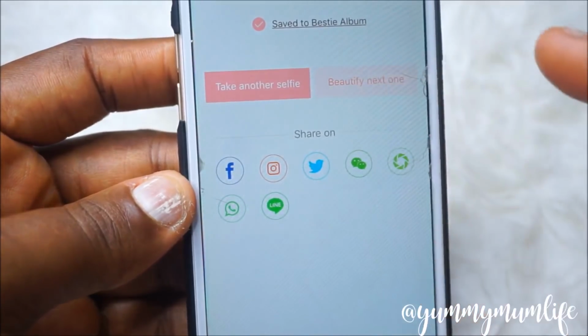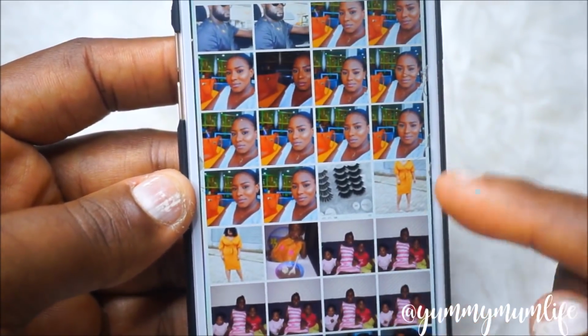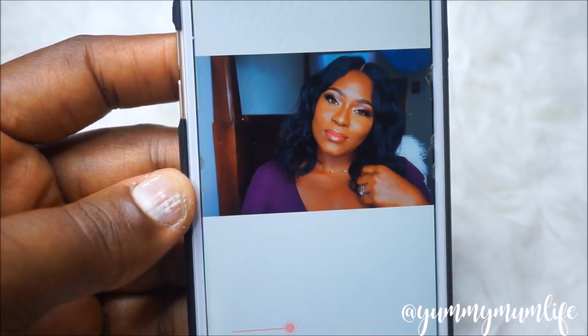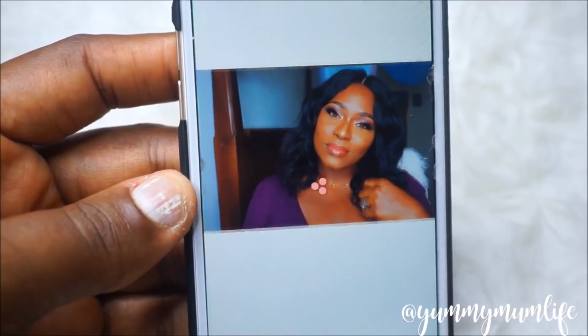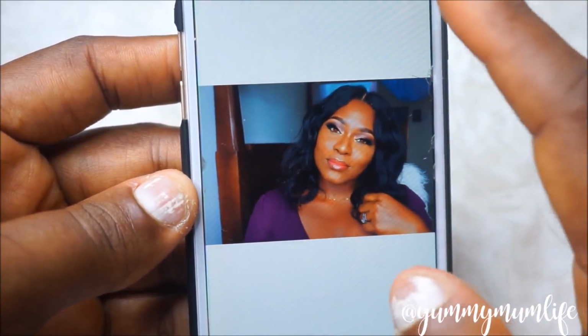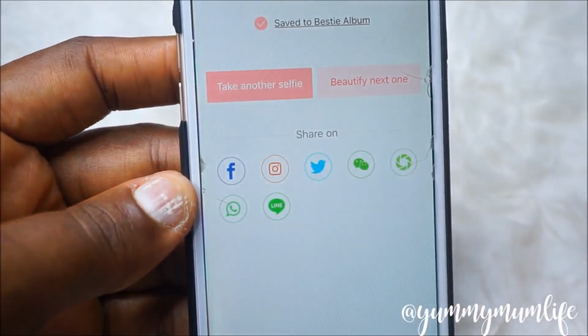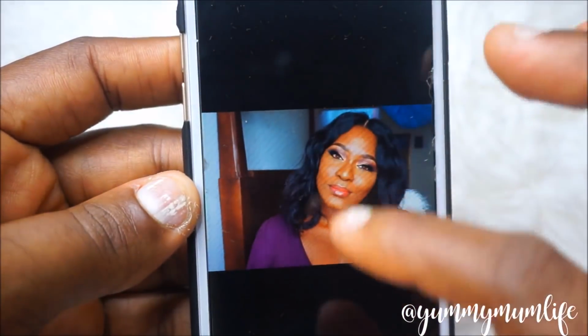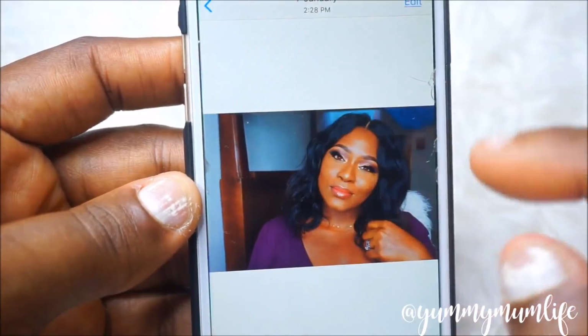Now I'm going to beautify the next one, which is this second picture that we took. So I'm going to go to skin. It's already dropped at 30, which is exactly what I want. So I'm going to press that button and then I'm going to save it. So that is it. Now I'm going to go back to my photos and go to my Bestie album,